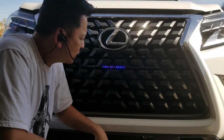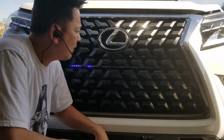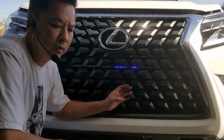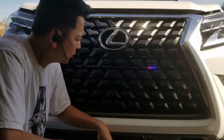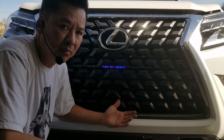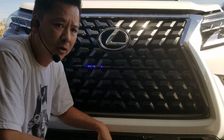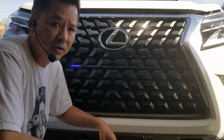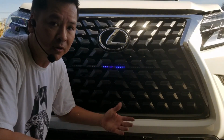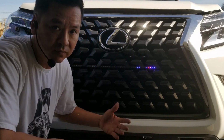So we're going to answer a few of your questions on what you're going to do about the license plate frame after you install your 2020 grill conversion, right? There's really no brackets or anything that you could do unless you want to go to the Lexus dealer and spend 50, 60 bucks for a license plate bracket holder, or you want to go to these aftermarket places and they're going to charge you upwards of about $30 for an alternative license plate holder. Some of them are drill-less, and those are great ideas, but they also cost upwards of 20, 25